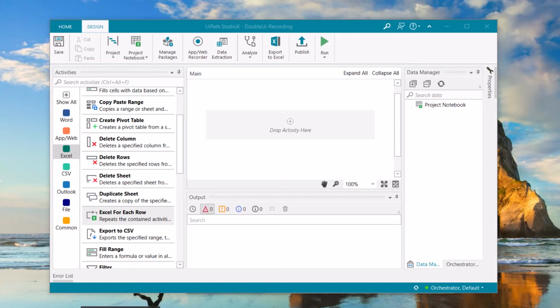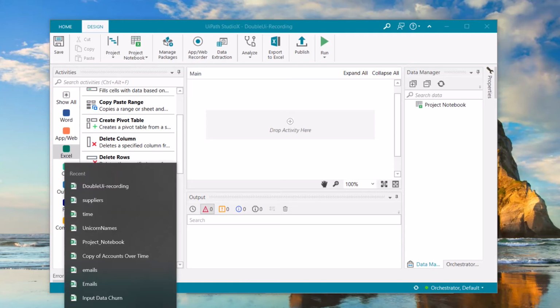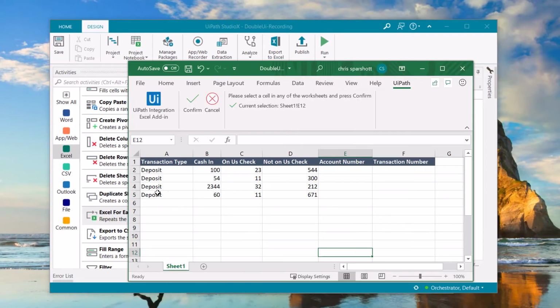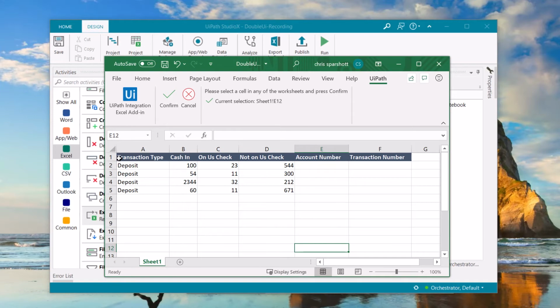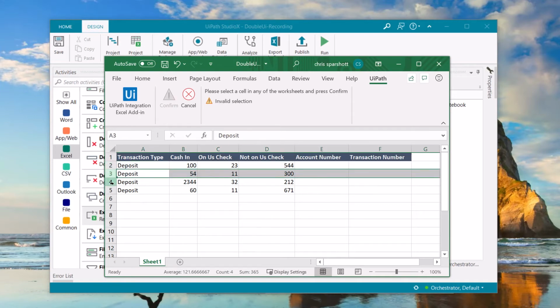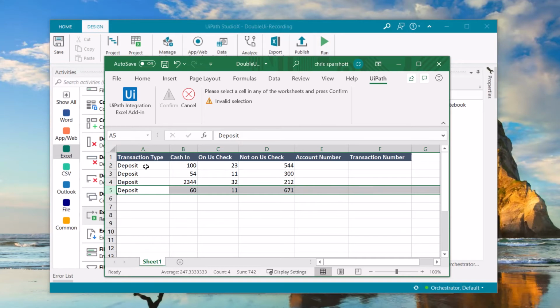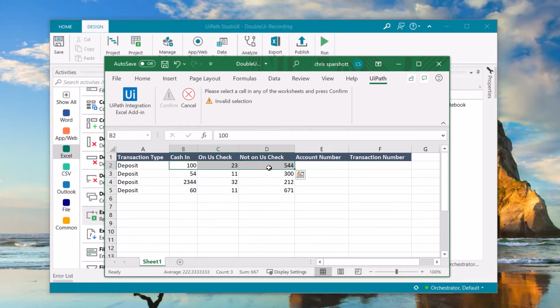So I'm just going to walk you through using the recorder here. What I'm going to do is show you the outline of the application. We have an Excel spreadsheet with some columns. We're going to go through each row and input these three pieces of information. Once we've done that, we're going to extract these pieces of information here, the account number and transaction